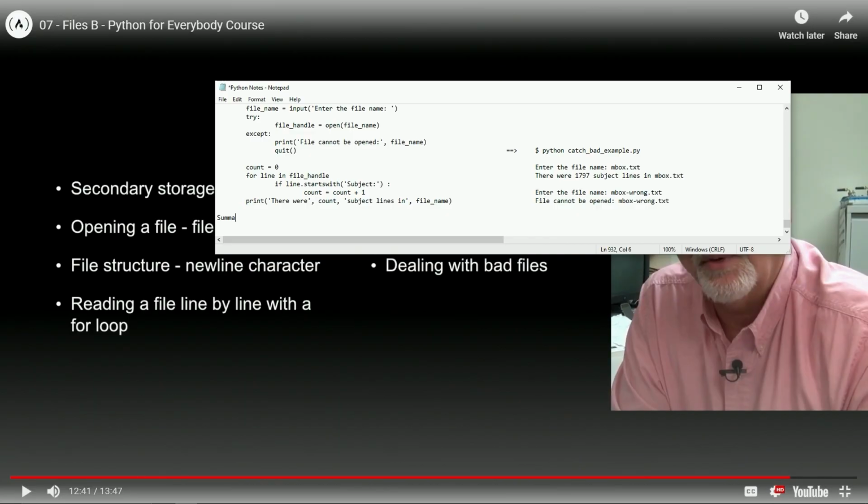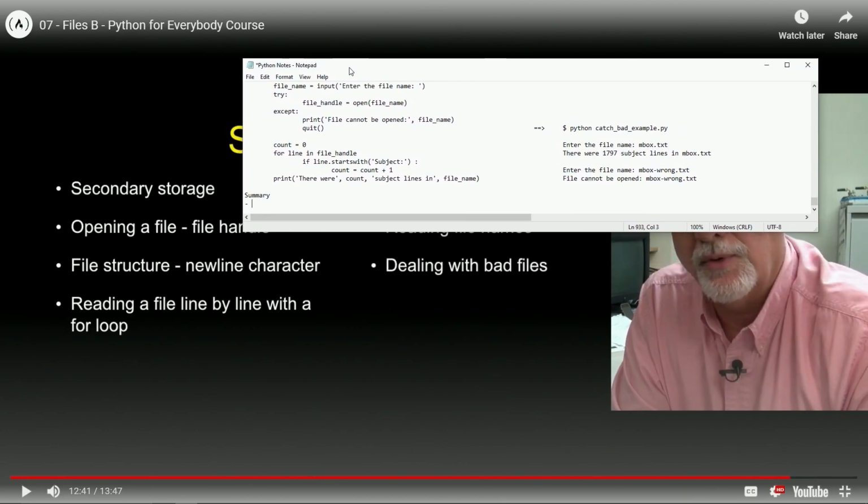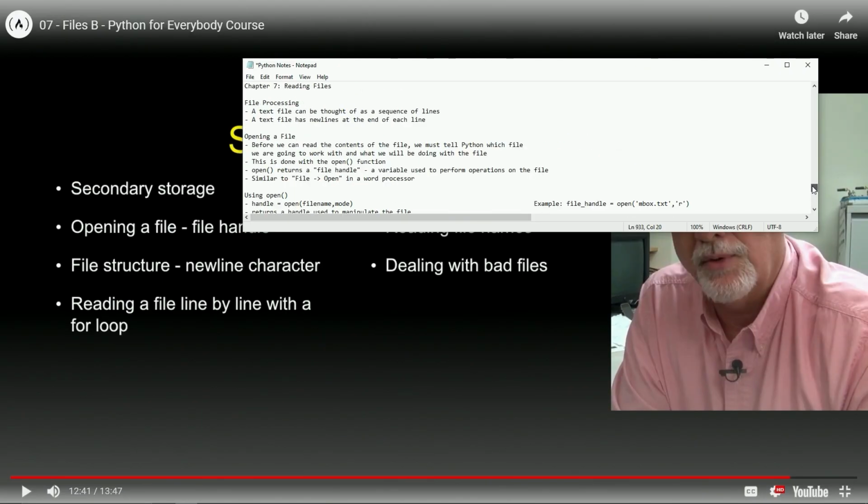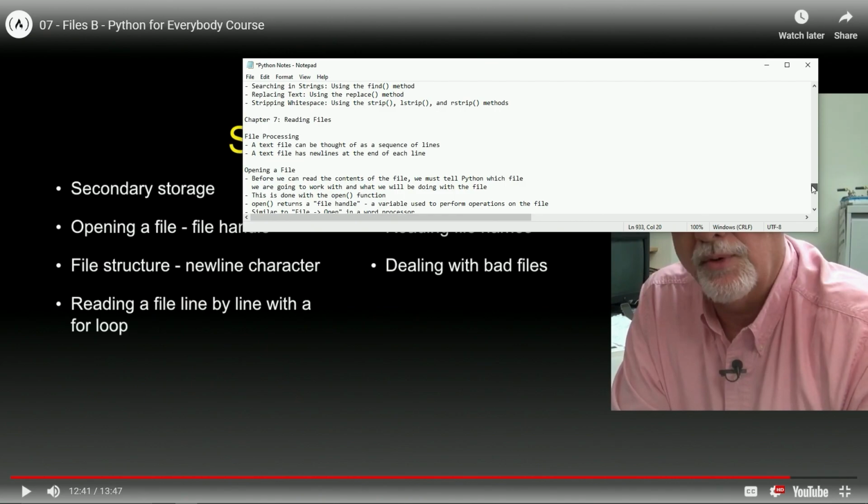All right, summary. So let's do it. We're going to say secondary storage. Okay, so this is talking about, I think that's talking about the hard drive, the SSD, or whatever you used to call the one with the discs.